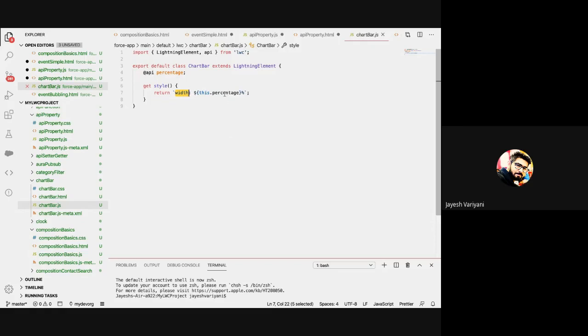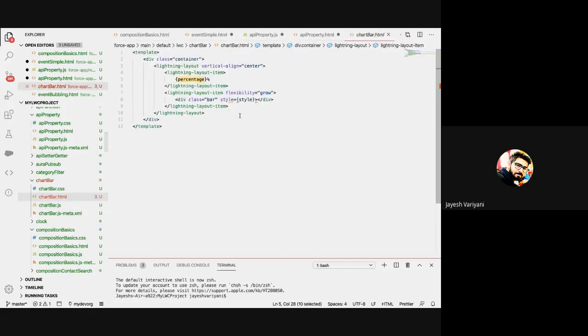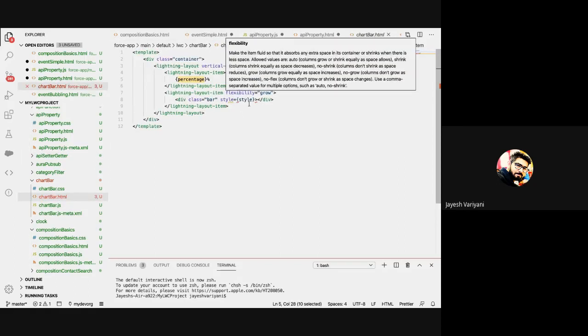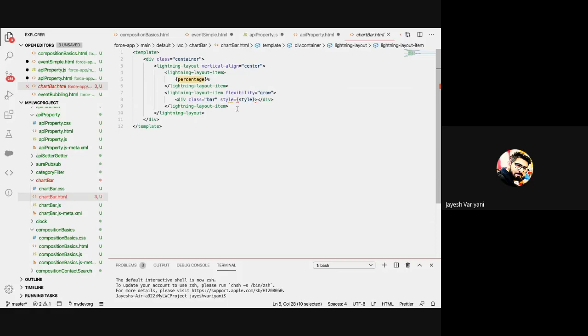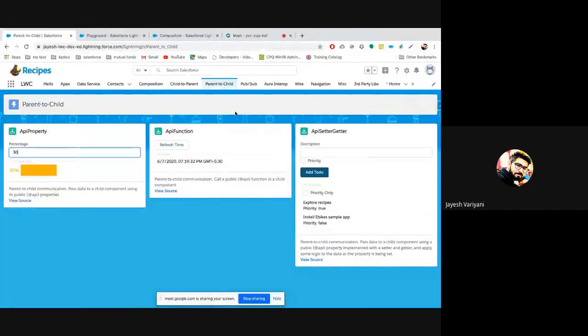So whenever you pass 25 or 30, this will be accessed here, and accordingly the width of that progress bar is changed. If you go to this chart HTML, it is just displaying that percentage value. This is passed to here, and accordingly it is displaying that.